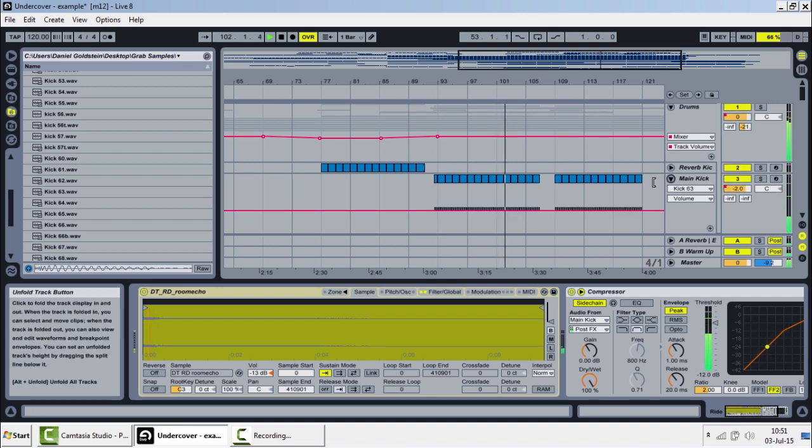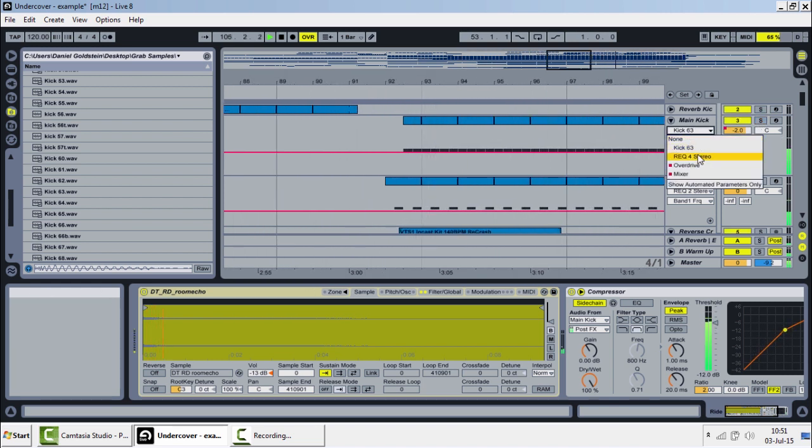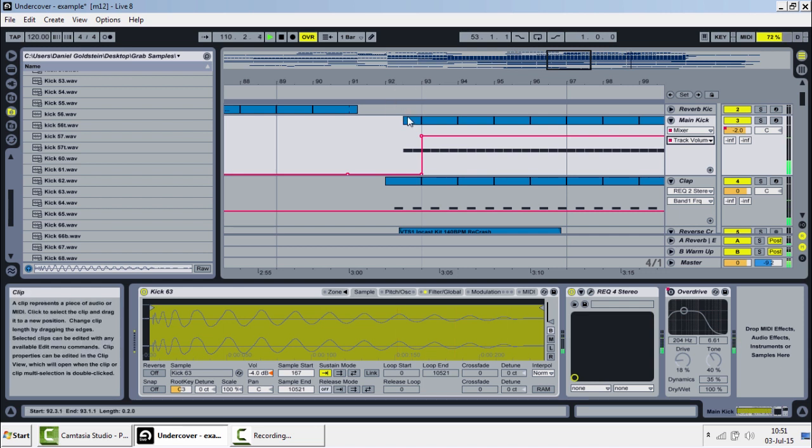everything is sidechained to this kick, this main kick channel that we already went over. So what I'll do is I'll have 2 notes going on, but the volume's all the way down. So everything's ducking the kick, even though the kick's not playing. And it creates this cool effect where there's sidechaining happening, even though nothing is actually triggering that sidechain that you hear. But it sort of prepares you for the music to start to duck, because